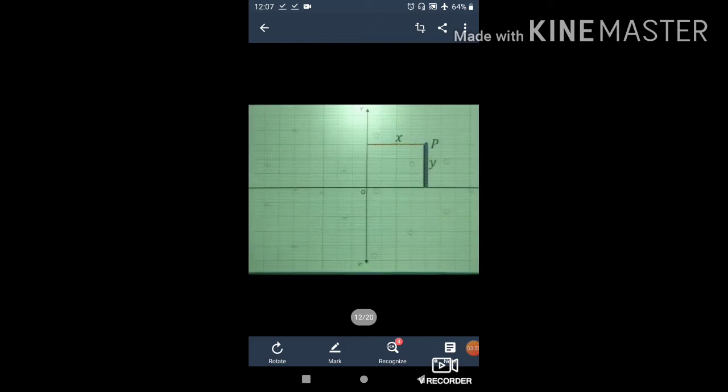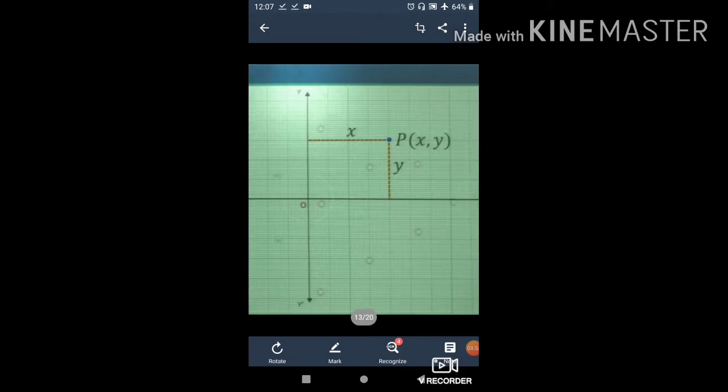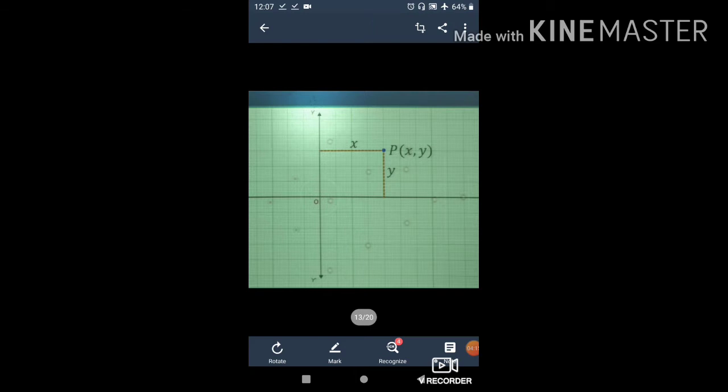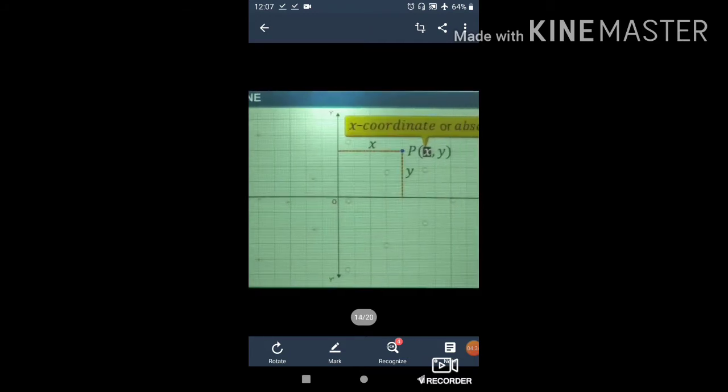Now see, suppose that this is the x distance, this is the y distance. We have not measured them right now, so we can say that the distance along the horizontal line is x units and the distance along the vertical line is y units. So what do we call it? x comma y. Now what is x comma y? First we show the distance from the x-axis, then we show the distance from the y-axis, that is the vertical distance. So it is called x comma y, or you can say these are the coordinates of point P.